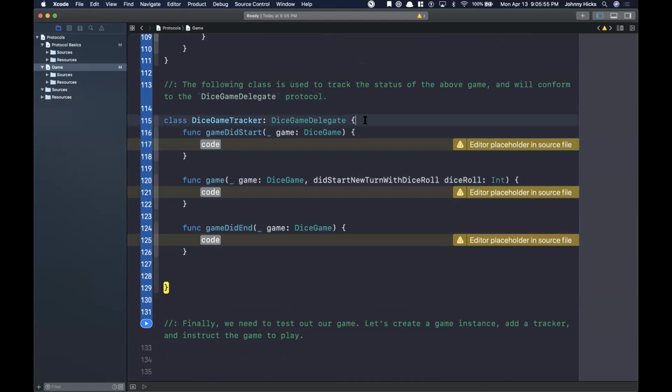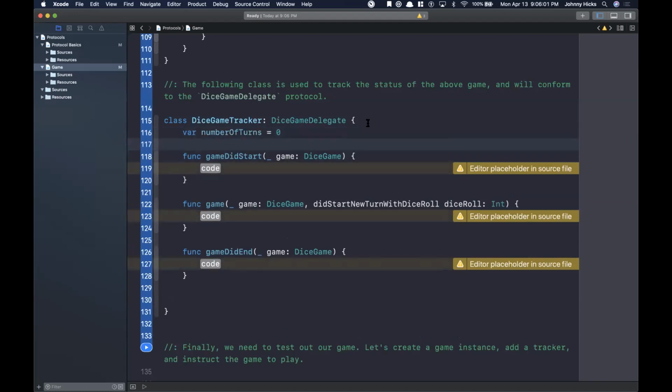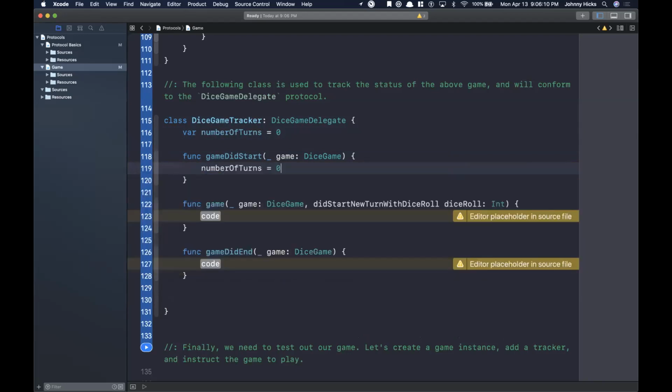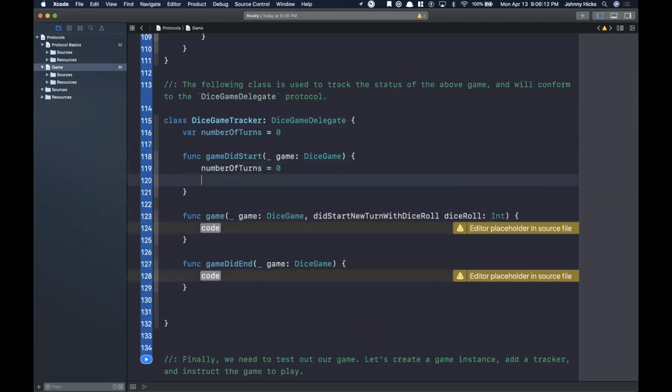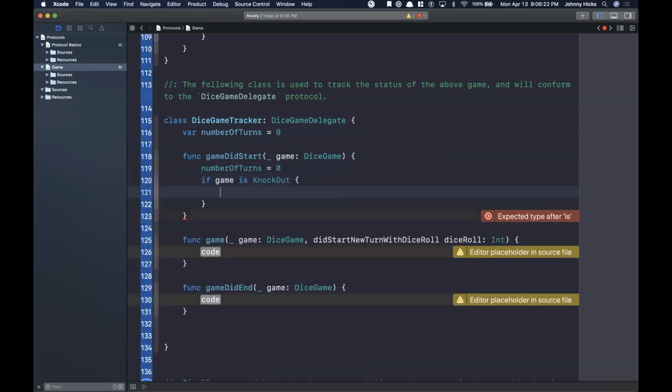Okay, so in my dice game tracker, let's create a property for number of turns. When the game starts, we need to set our number of turns equal to 0. And then let's make sure that if our game is a game of knockout, then we want to print out started,